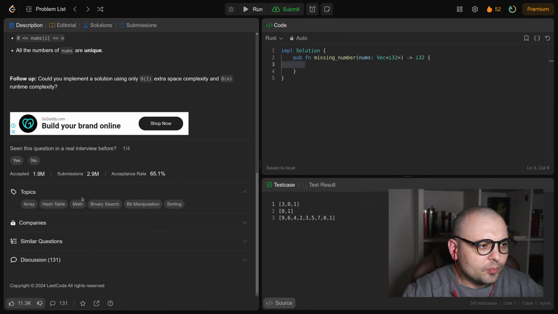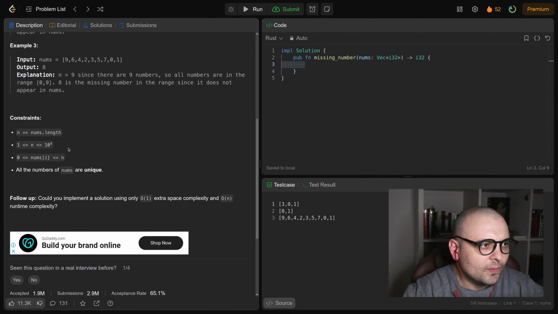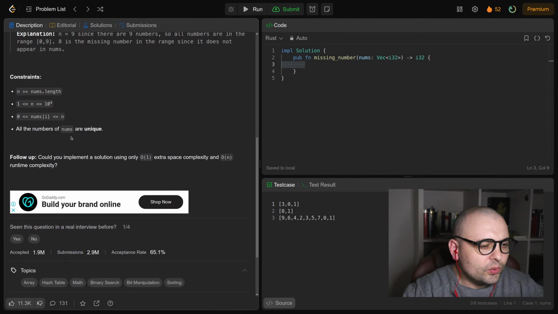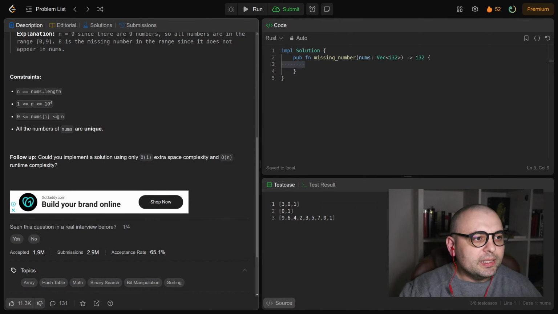I guess by using these constraints, n equals nums length, and nums[i] up to 10,000. Okay, so I guess the solution here would be to do some sort of